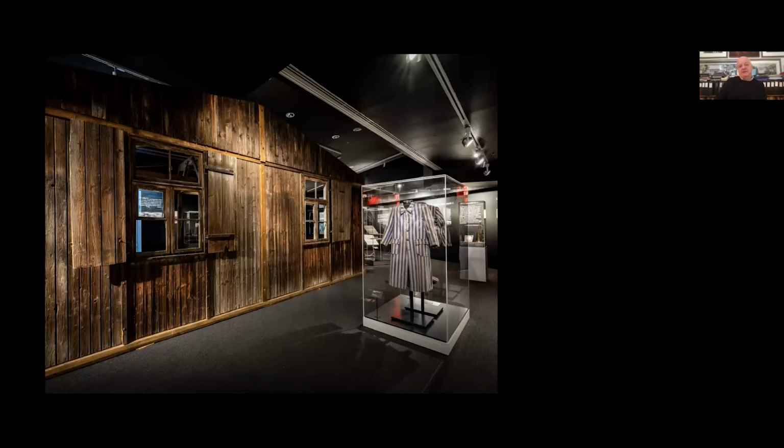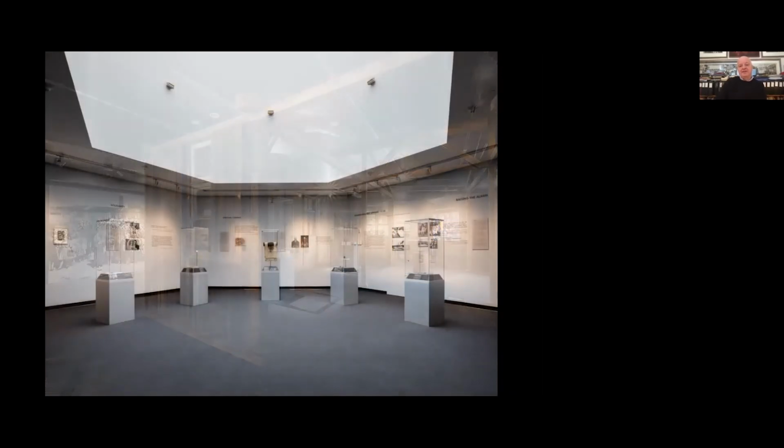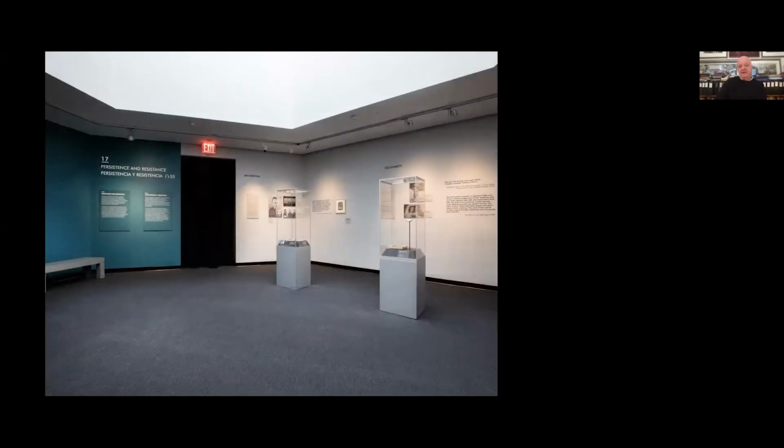An original barrack from Auschwitz-Monowitz then centers the exhibition on life in the camp itself. And then from there we come to the room where we started, the room on persistence and resistance, with as our key object a talit katan worn by an inmate in Auschwitz, at the risk of his life, of course, every day, in obedience to the commandments. And then in the left corner, we introduce again Witold Pilecki and his story of bringing out the story of this camp in 1943 after his escape.